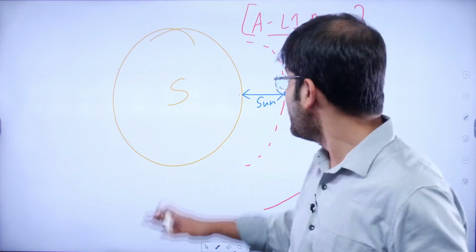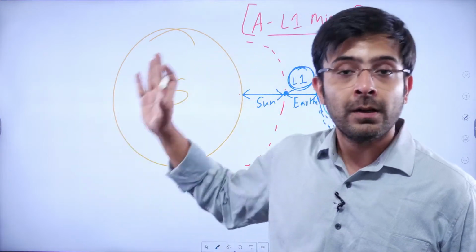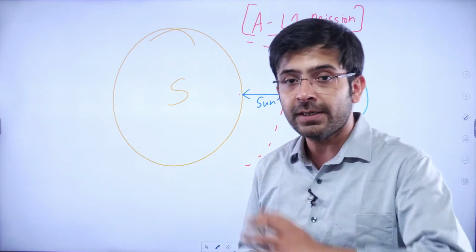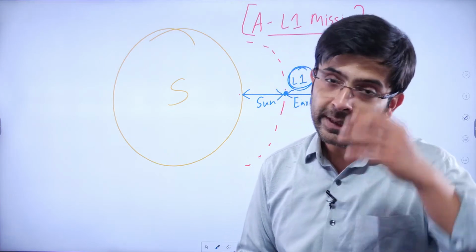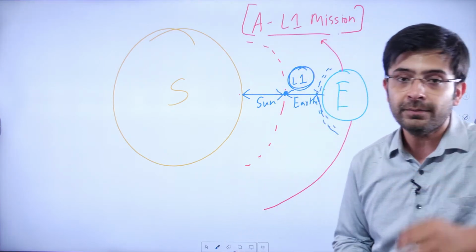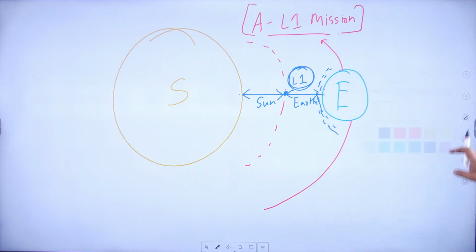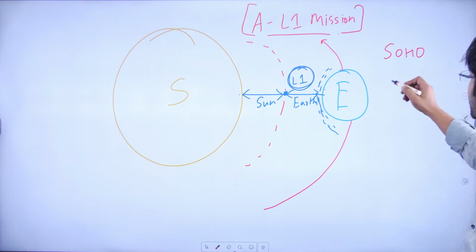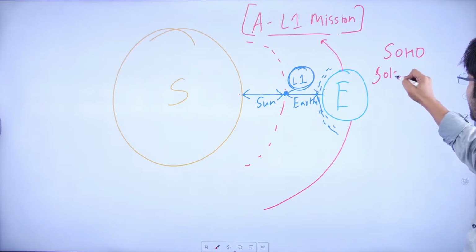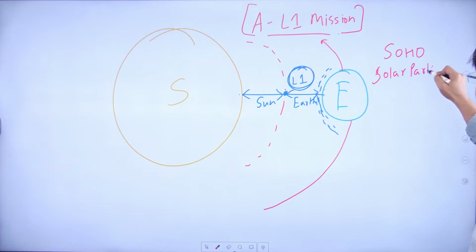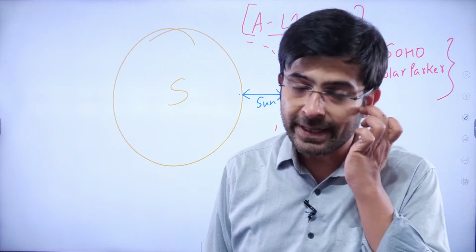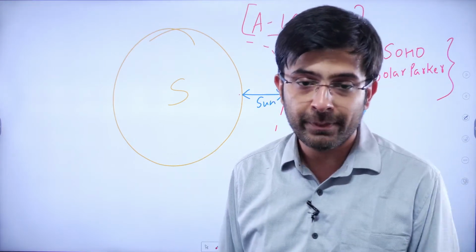Now, is ISRO going to be the first one to go and land at this place, L1? Well, no. Several missions in the past have gone there, including the SOHO mission, Solar Parker mission. I'm going to note them down for you. We have discussed them, so I'll briefly build on them later. But these are the major missions that have already been in this place. One of them is with the ESA, one of them is with NASA. So you will take a look at that. However, I'll give you the information. You don't need to worry about that.